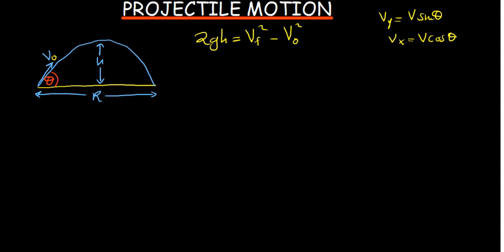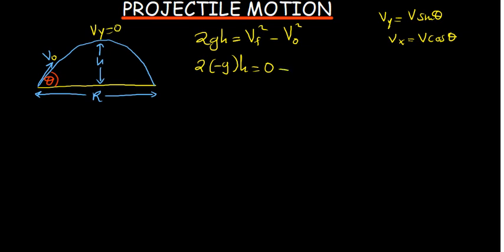So this is going to be 2. Now, because we've thrown this projectile up, it is going against gravity, so the g is going to be negative g. And then we have h. And the final velocity in the y, because this thing is no longer going up at that maximum point, the velocity in the y is going to be 0. And then minus